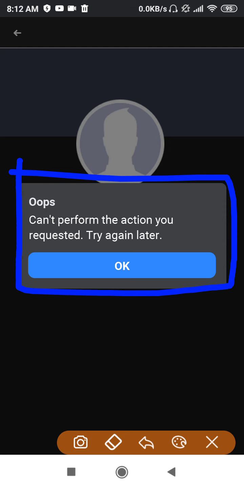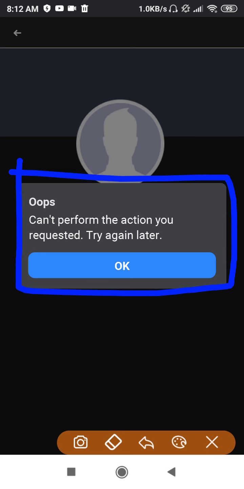So guys, at the first step, I'll tell you the reason. First you have to know the reason, and then you will know the solution on your own. When you know the reason, it is easy to fix anything. This problem is occurring because someone has blocked you, or someone has deactivated their account, or lost their account.